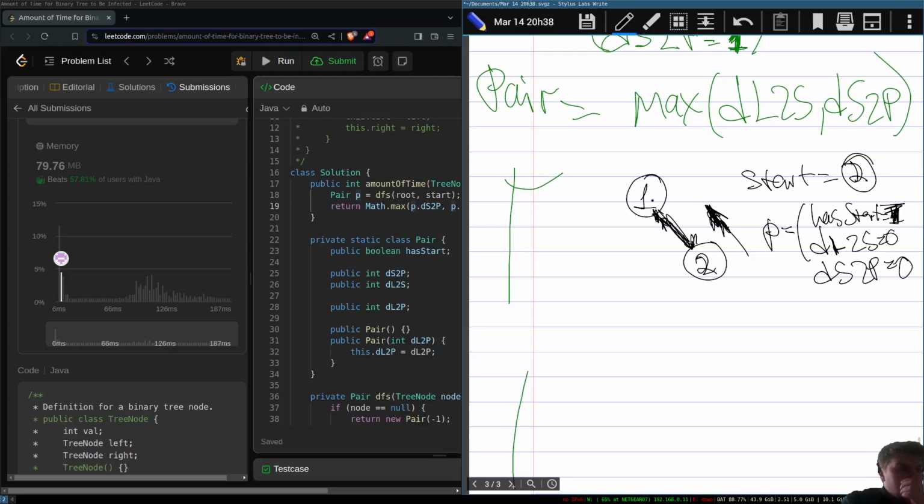And this one node will do the following. It will call and return for the left subtree a pair with has start equals false, distance leaf to parent equals -1,